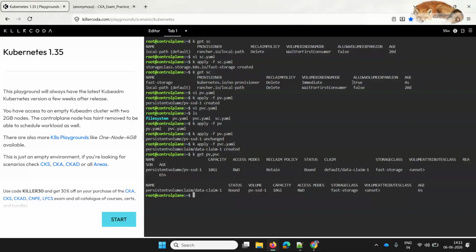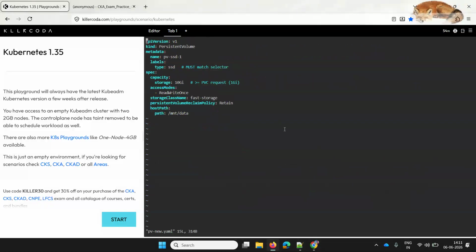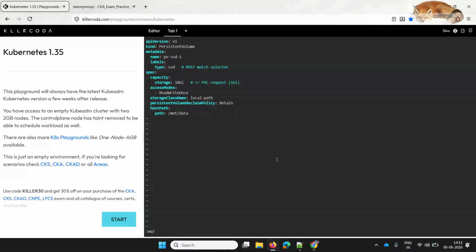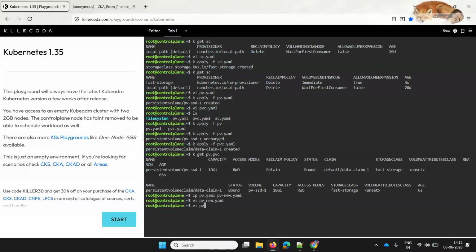create a new PV and PVC. So I'll just copy pv.yaml to pv-new.yaml, and if I go to pv-new.yaml, I want to use the storage class as local path in this case. So let's do that, and save it. Similarly, I want to use